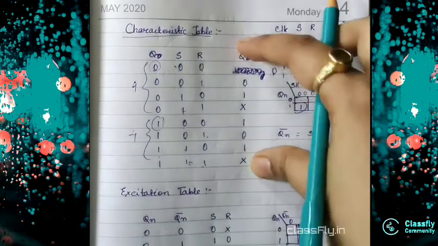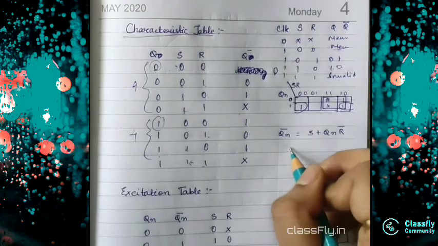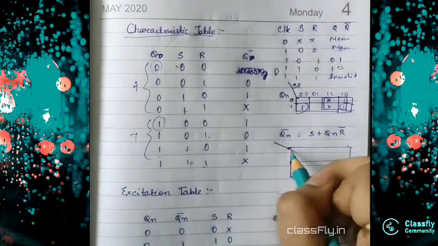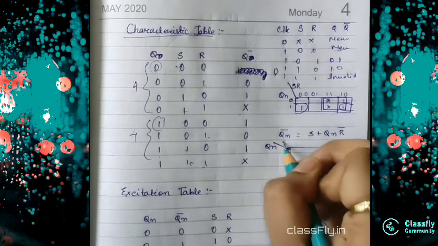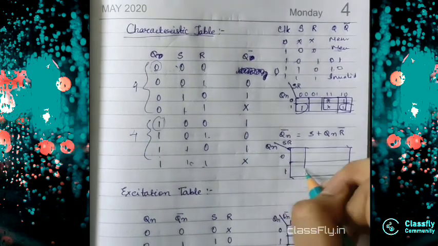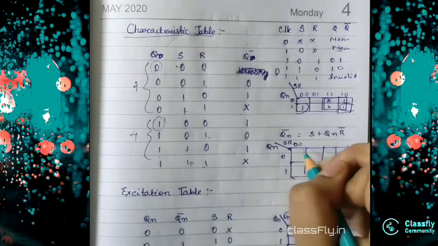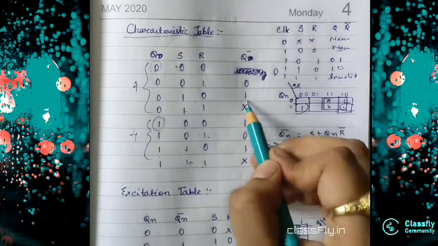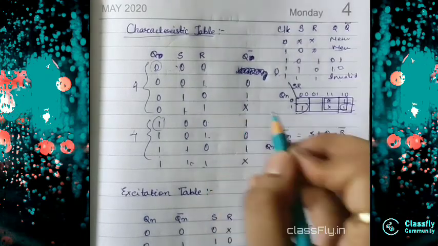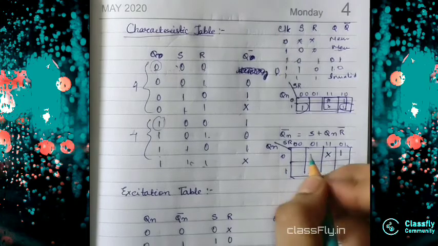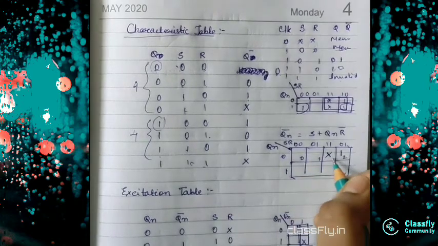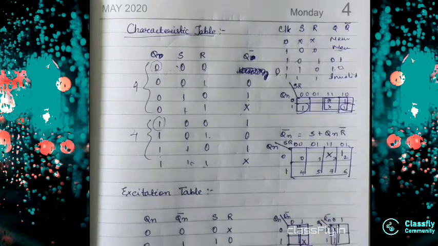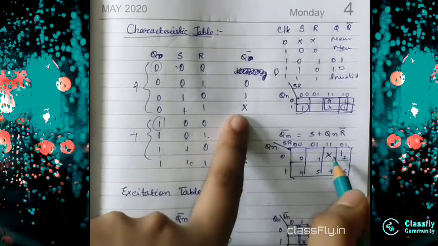So for the K map, what will be? There will be this K map, right? 3 variable K map. So I will write QN SR. This will be 0 1. This will be 0 0 0 1 1 1 0 1, right? So when I put 1 here, cross will be here because it was 0 1 jump 2 back 3 4 5 jump 6 back 7. So my cross is here